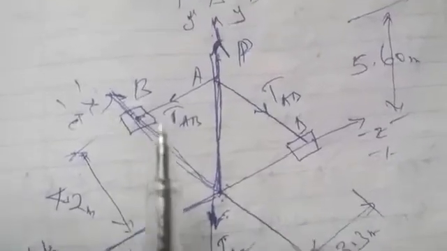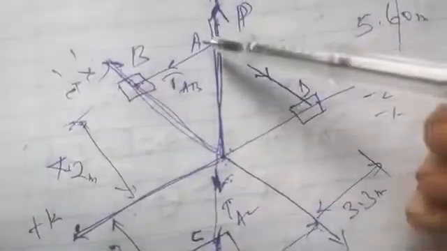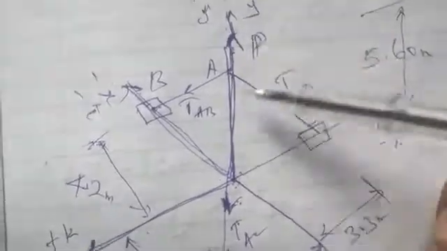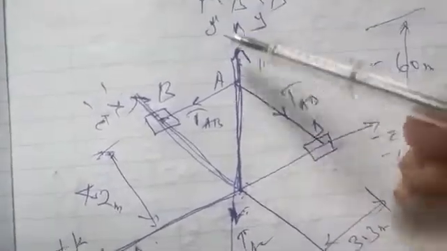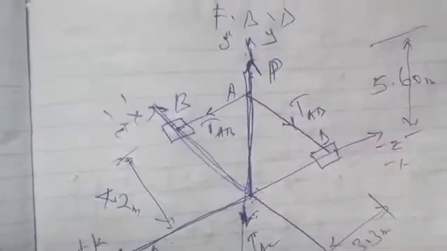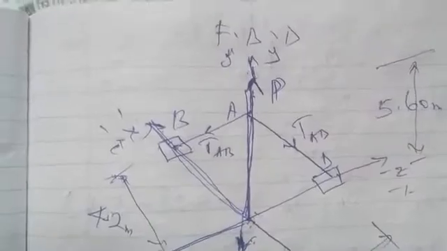All right, so we've collected the tension in cable AB, tension in cable AC, and tension in cable AD. Also remember we assume there's a force P pointing upwards here. Some other person can assume this force is pointing downwards. It's not wrong. If it's pointing downwards, it means it's going to be minus PJ, so you take note of that. We assume that force P is pointing upwards, so we simply indicate plus PJ. So these are all the forces acting on the